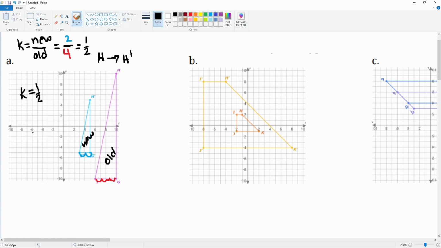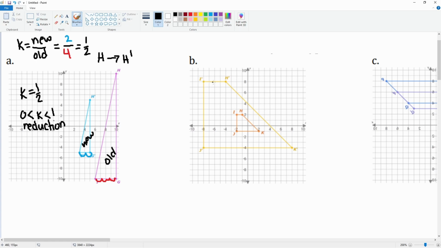The fact that the K here is between 0 and 1, this is a dilation of it gets smaller, so it is a reduction. Okay, it gets smaller from the old to the new. All right, the next one,